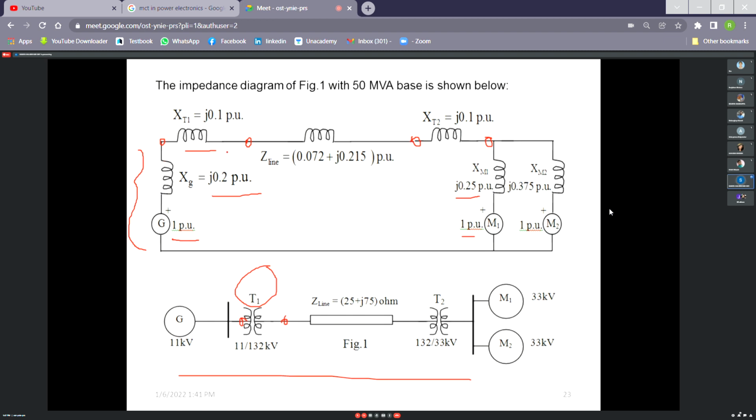In that case, we shall assume the transformer as a step-up device, and we shall represent the transformer by a pi equivalent model as we represent for a transmission line. Pi equivalent model is not in the power system performance syllabus. That is in, I think, elective 1 syllabus or elective 2. But the modeling is there for the steady state analysis. But it is for the fault analysis actually, the representation and the per unit representation. But the per unit conversion is valid for the steady state analysis and the transient analysis also.